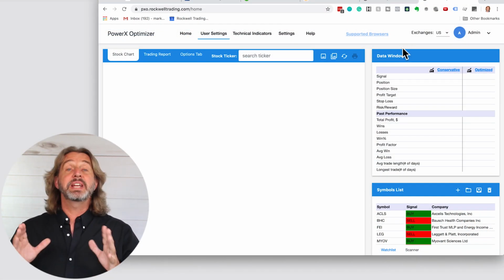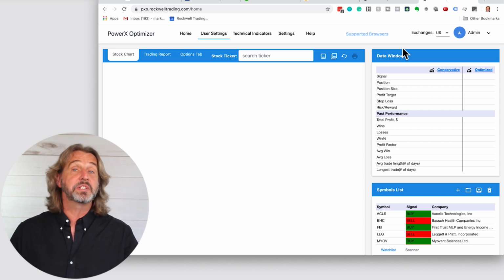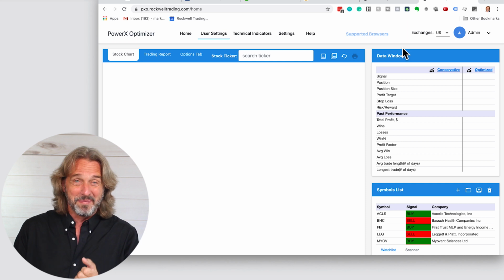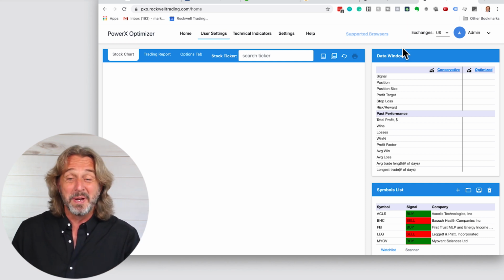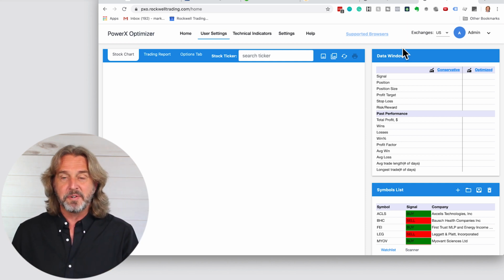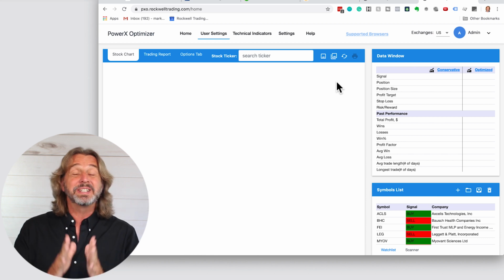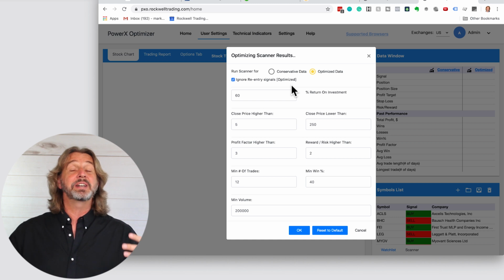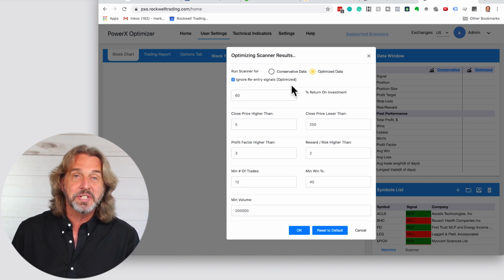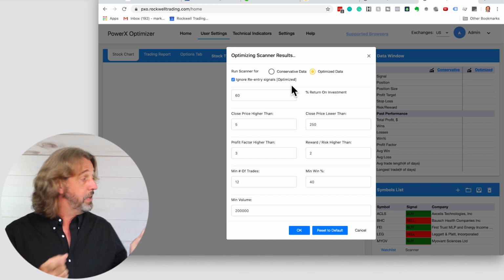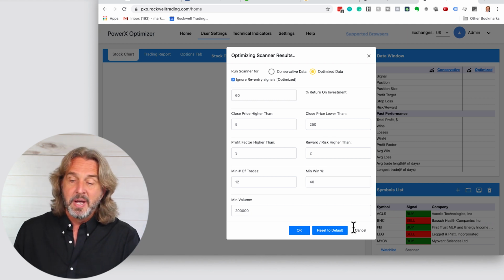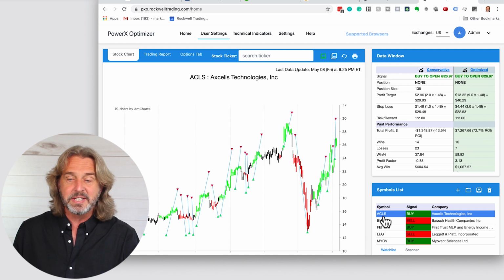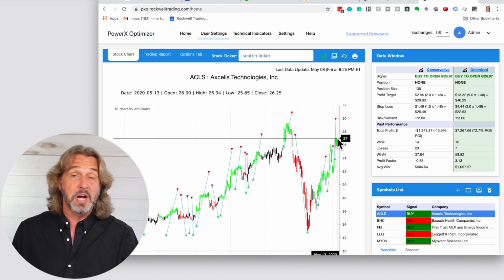So here you see the PowerX Optimizer. It's software that I have developed, not personally, I have a development team that has done it, but I have paid the bill according to my specifications. So what this tool does, just in a nutshell, every day it finds the very best stocks and options for me according to the PowerX strategy. And what it does then, if I'm bringing up one of them, for example, ACLS, that today is a buy,